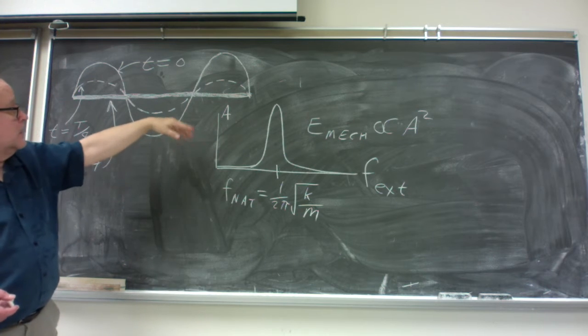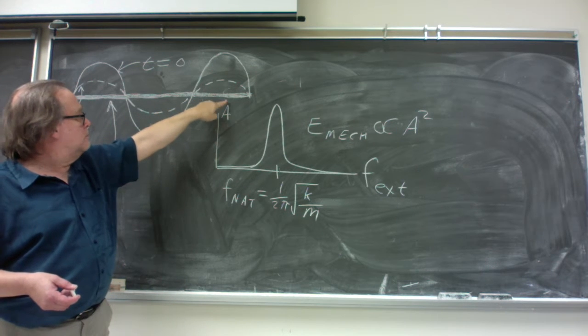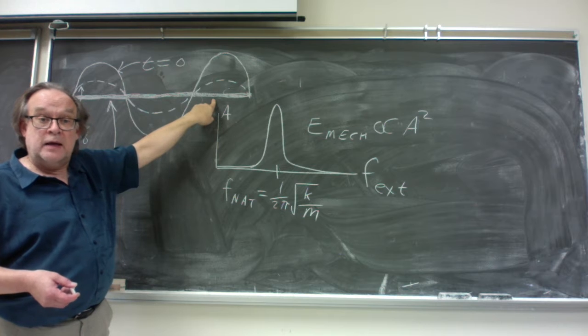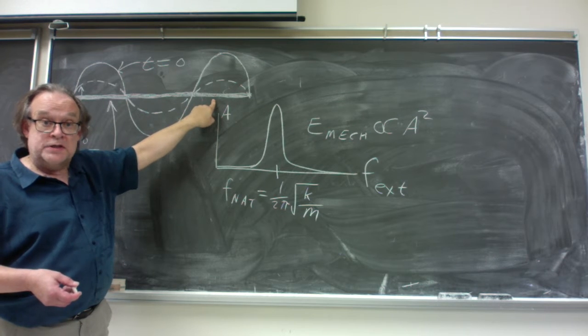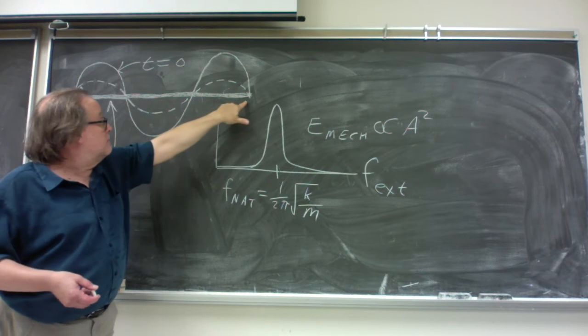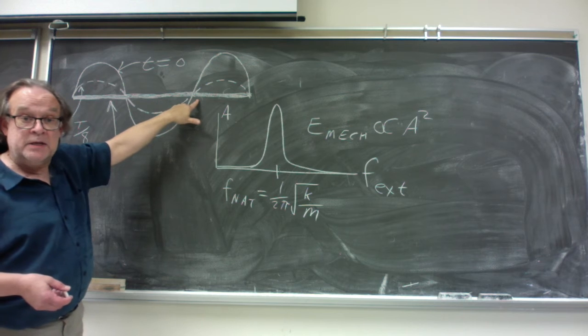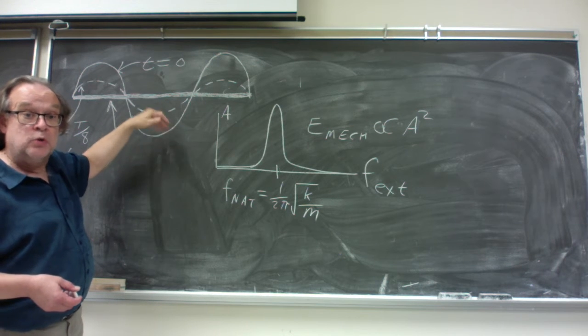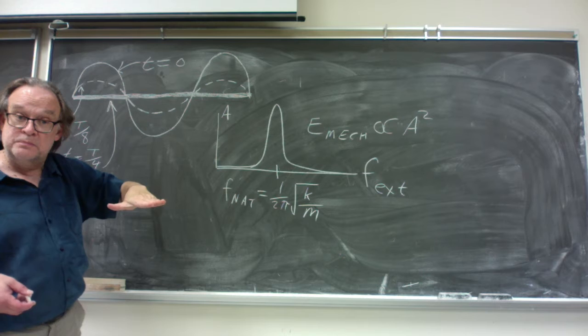And of course, most of these points have been speeding up all the time from time 0 to the end of the first quarter of a cycle. So they've got high speeds when they reach equilibrium, and then of course they overshoot